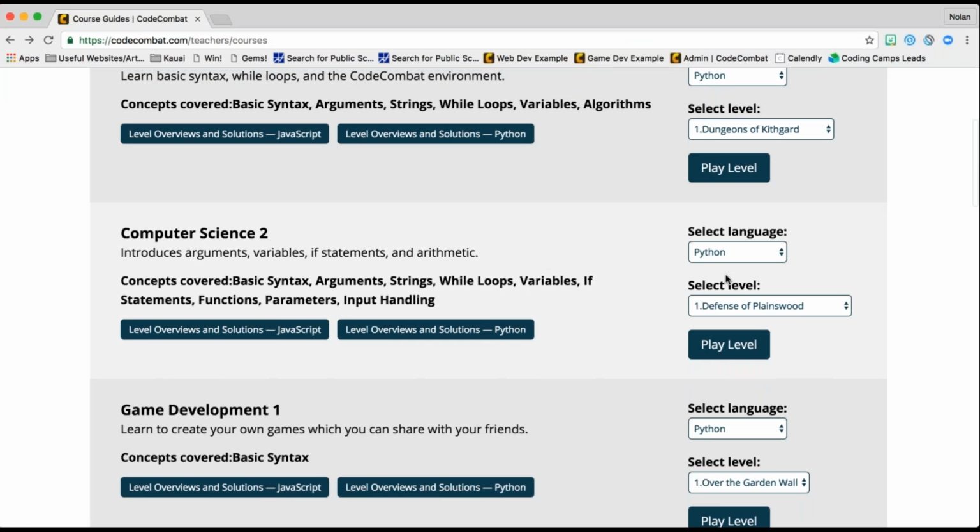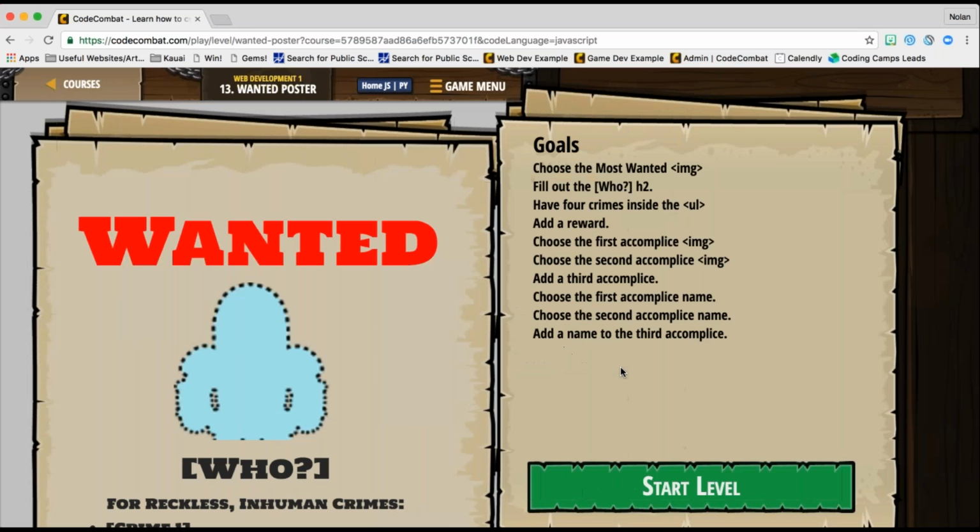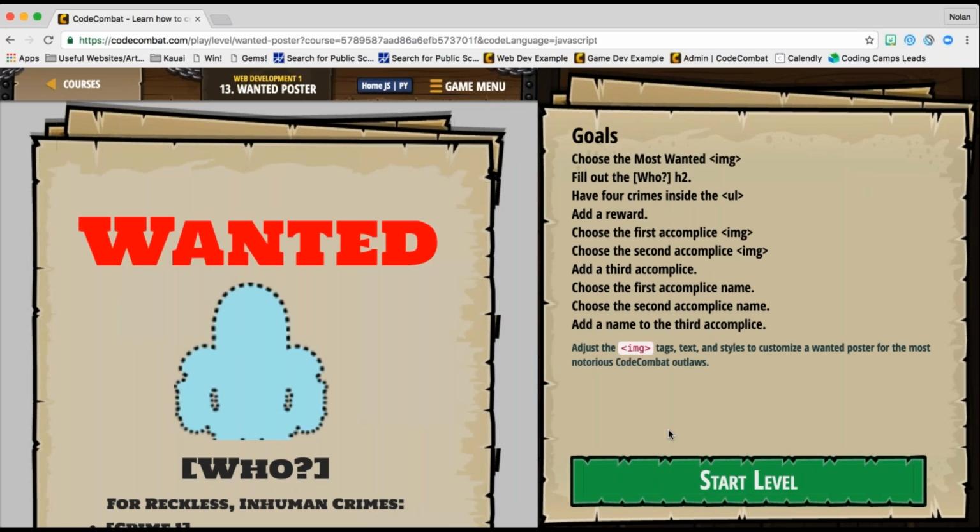What we also have them learn how to do, and we teach them how to make another project with it, which is actually a website. So we've actually created a wanted poster, and at the end we have them manipulating it and changing it. So they've created a wanted poster that they can take with them. So let's say they've only done this in 6th grade. They did it in a 6th grade